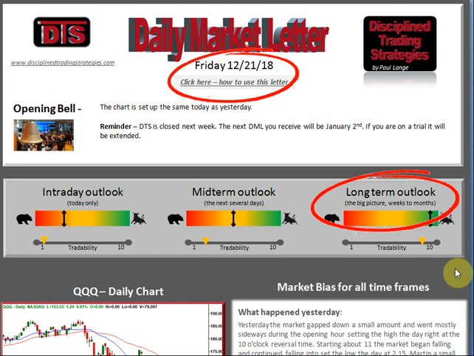The other thing is that one of the purposes of evaluating the market is, number one, if you trade the market, it's what you do. But number two, for me, I don't trade the market as much as I do trade stocks. And the backdrop to stocks is critical. In other words, you are going to have a hard time making money if you're going long on a day when the market's falling. Now, there are some exceptions, of course.